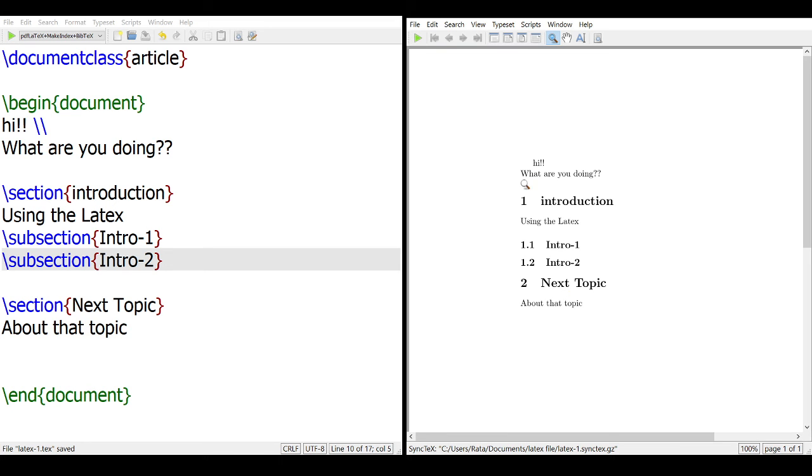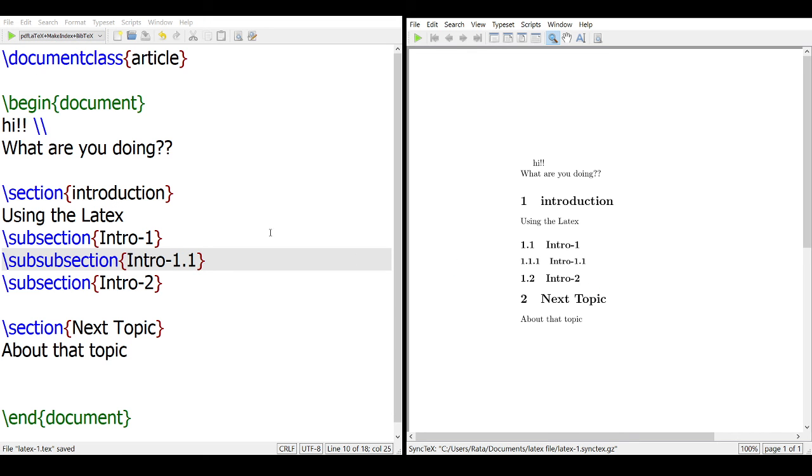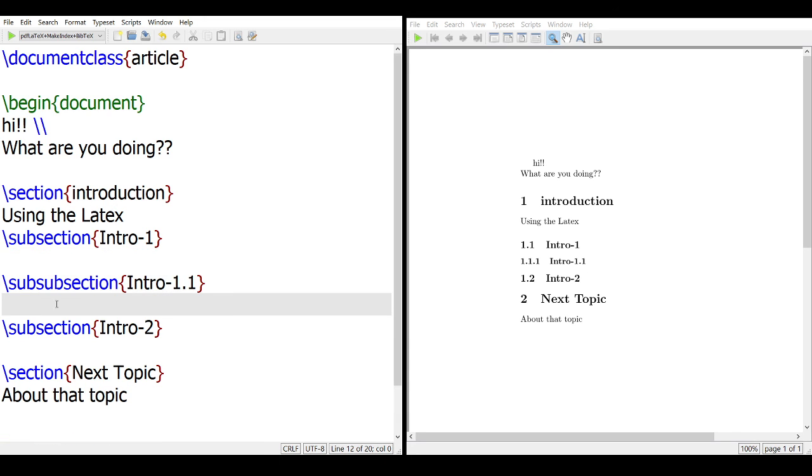Then you will see here, first is our Introduction, then the subsections of Introduction are 1.1, intro 1 and intro 2. If you want a subsection of that subsection also, then you can add subsection intro 1.1, right? Then you will get this. This is the subsection of the introduction, and this is the subsection of the subsection intro 1. So this whole class will look like this in the PDF.